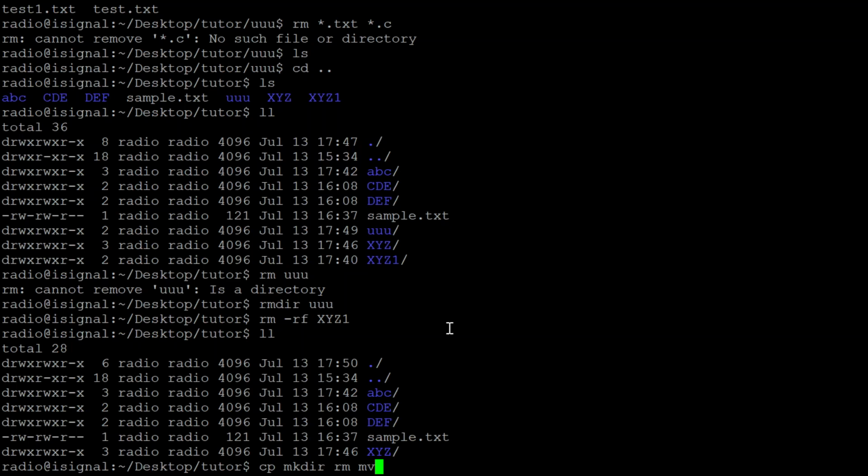We have multiple options for both files and directories, -f or -rf. -rf will give the directory removal directly, even if files exist we can remove it. And move is also the same thing, but it is used for moving from one file to another file, or one directory to another directory.